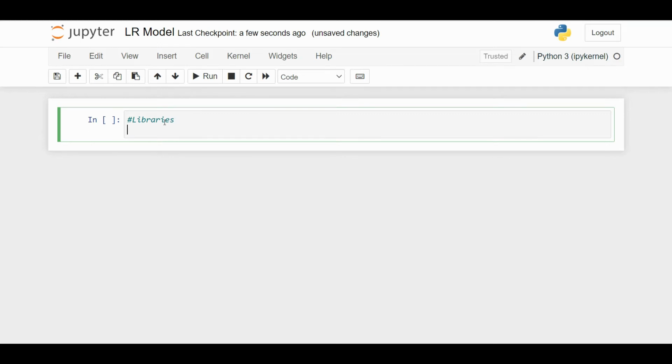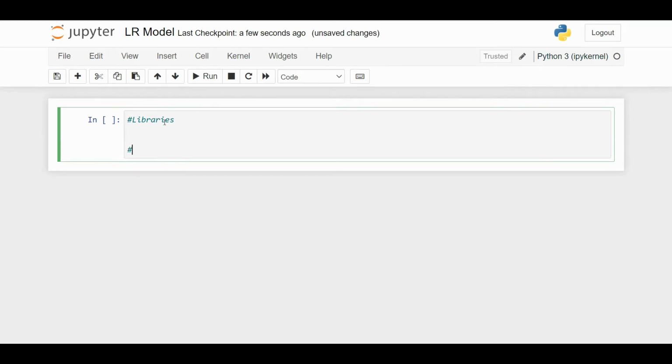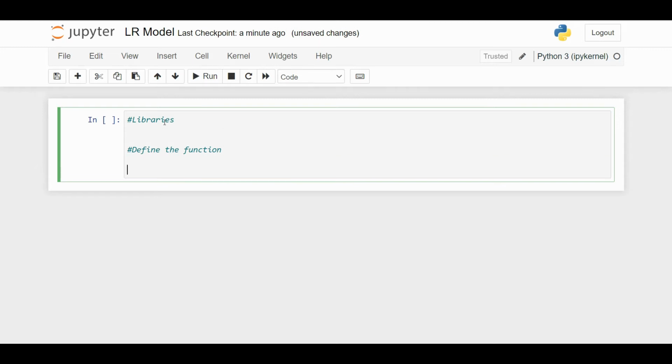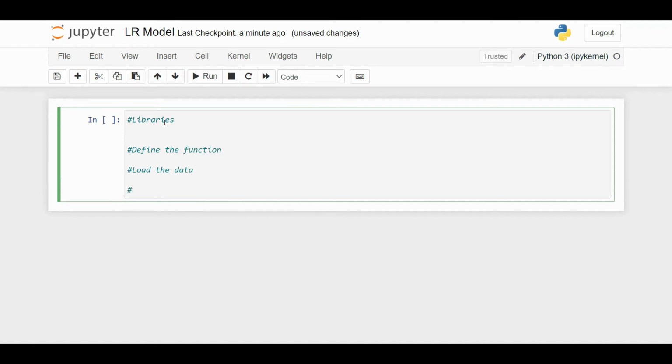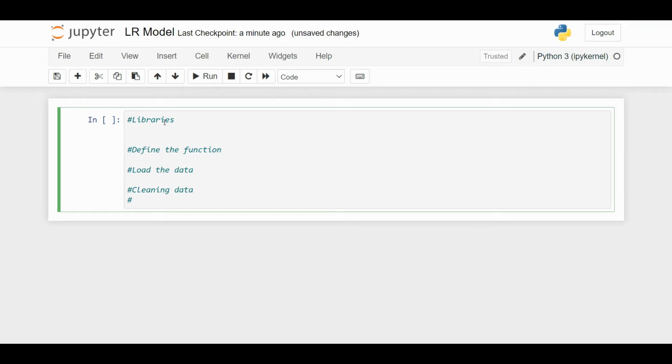After that, I will maybe put a function to define the function. This is like the planning phase of what I need to do in my work. I can also put something to load the data, and then something for cleaning data. In this cleaning of data, there are so many stages. We can look at the first one being